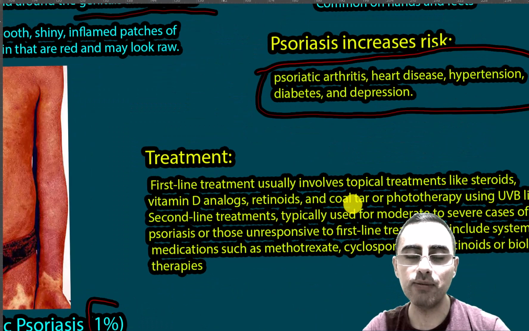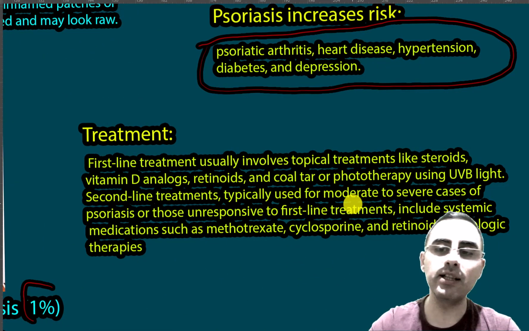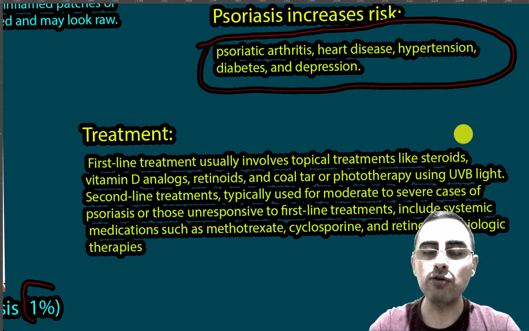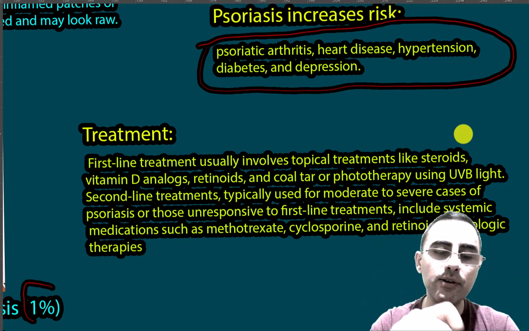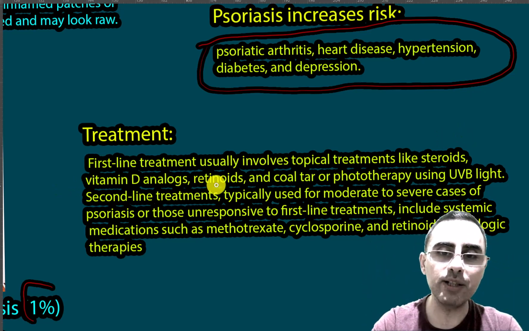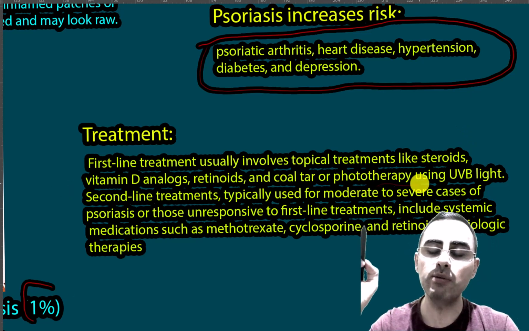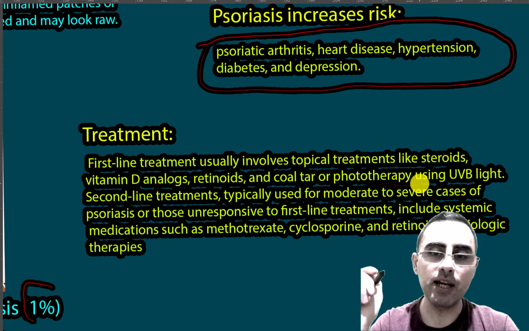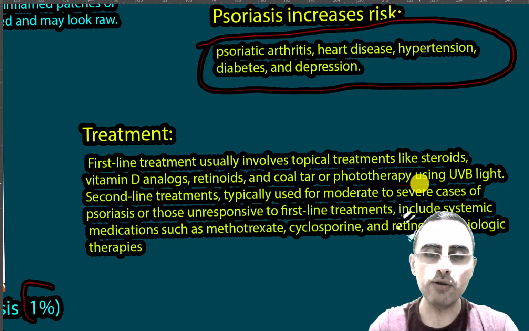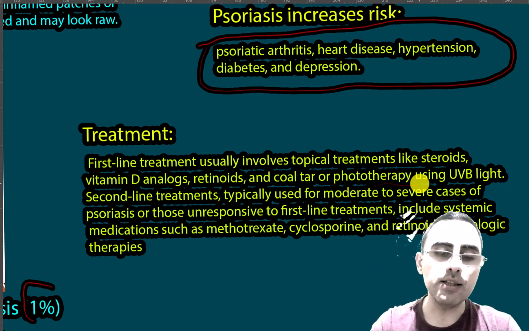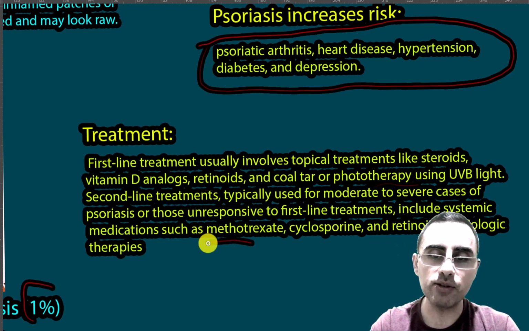And what is the treatment? First line treatment is steroids. Usually it's topical creams, steroids, vitamin D analogs, retinoids, and coal-tar, or phototherapy, also UVB light, is effective. Second line treatment usually is systemic medication such as methotrexate,